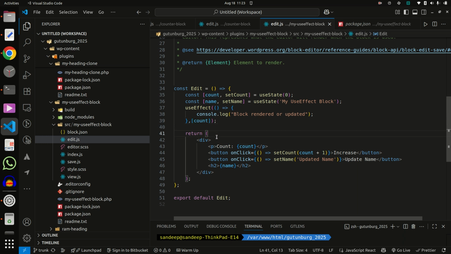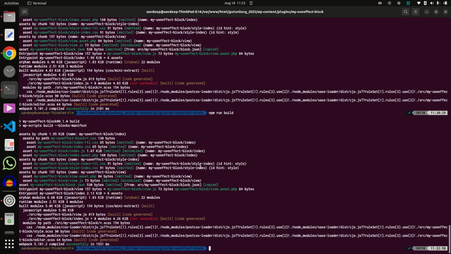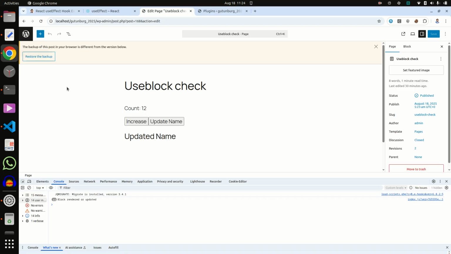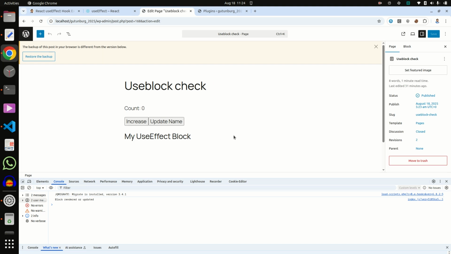So if we want to use multiple dependencies, then we should pass them separated by a comma, like name. So again npm run build, and here go. Now click on increase, yeah, it is running, and now it is 7 times, and click on update name, yeah, it is also running.